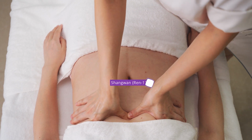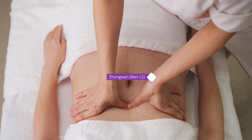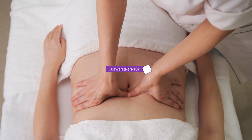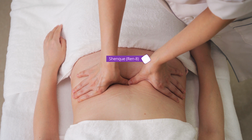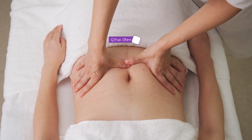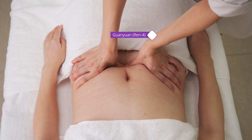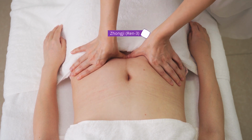Press the following acupoints: 上腕 REN 13, 中腕 REN 12, 下腕 REN 10, 神阙 REN 8, 旗海 REN 6, 关元 REN 4, 中极 REN 3,